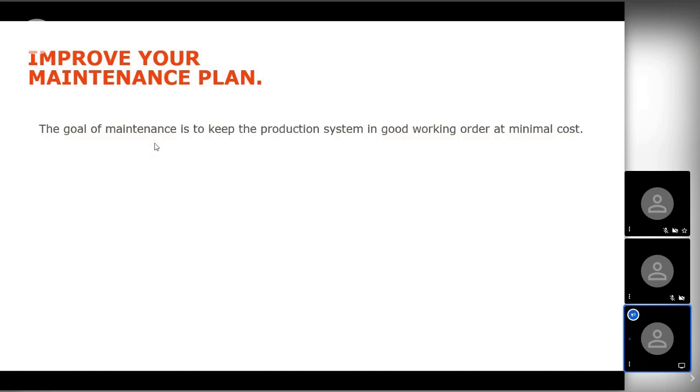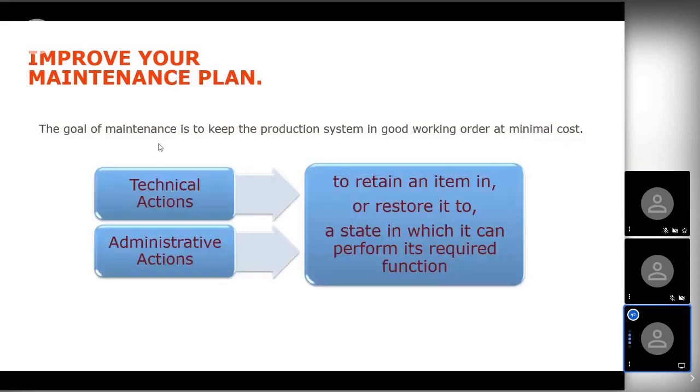If you look at the purpose, other than all of those things I've just mentioned, the goal of maintenance is to keep your equipment working in good order, as cheap as possible. And for me, there's two main areas that this involves. There's the technical actions, the things that we physically need to do, the spanner, or what they call the wrench time, getting out there and fixing things, putting the plans together. And then there's the administrative actions, all of the work in the background that has to go on to make sure our records are up to date, our planner knows what to do, scheduling is right, all of that administrative tasks. They then group together to do the maintenance.